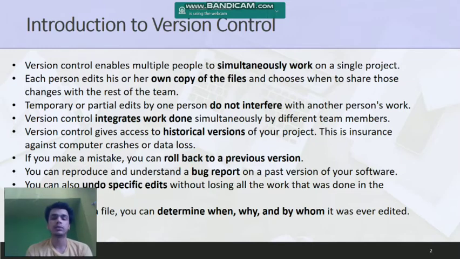There is also a bug report feature, and you can undo specific edits without losing your work. So we can see that it has total control over the product, and you can know when the code has been changed, what code has been changed, and by whom.